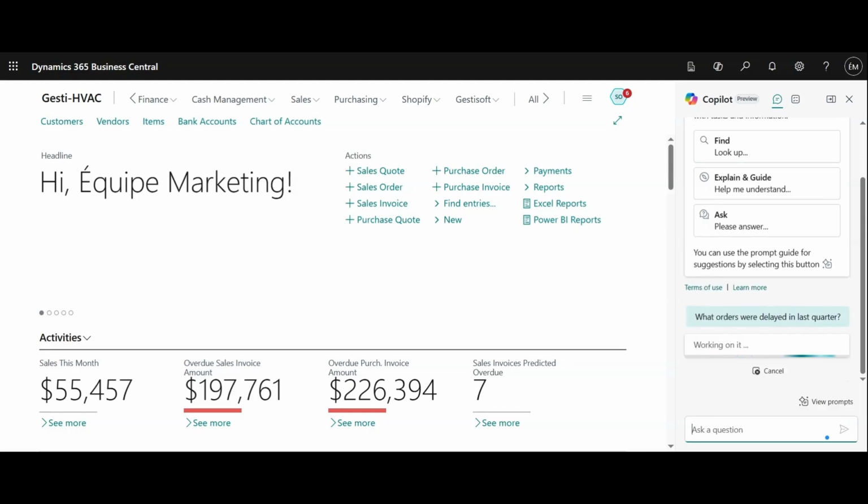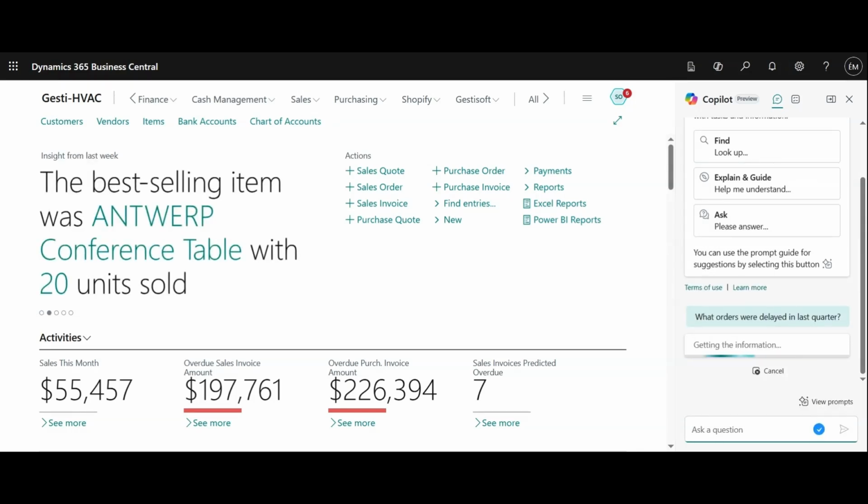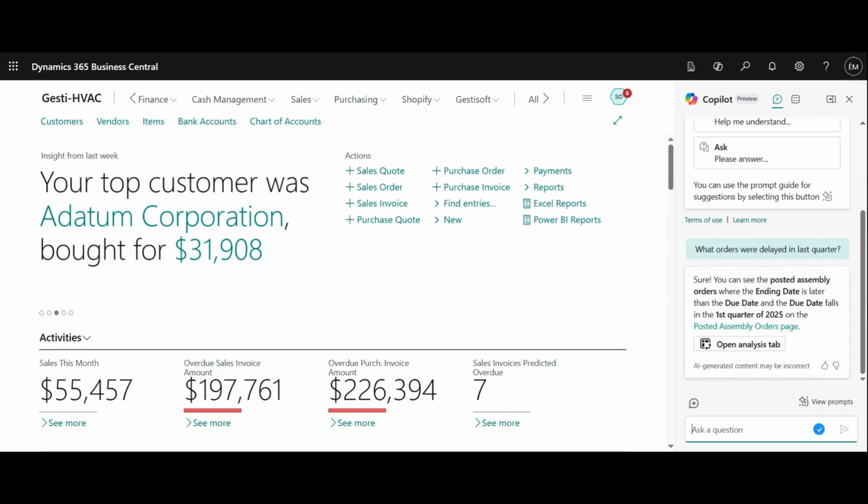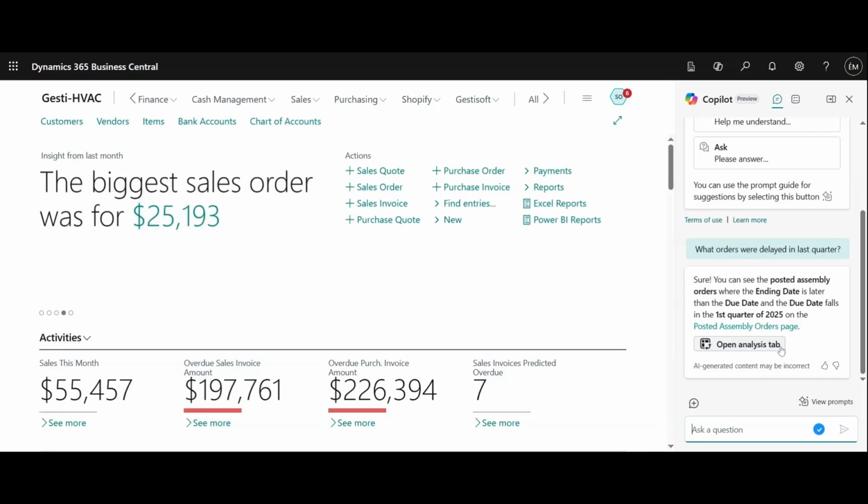Based on the complexity of your question, Copilot will take the necessary time for a response. But right now, what Copilot is really doing is going to fetch those data based on the information that you already have in Business Central. And so you can see right here, it has already come up with the information,